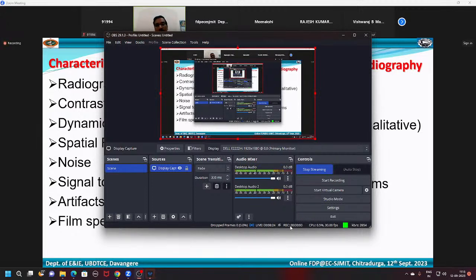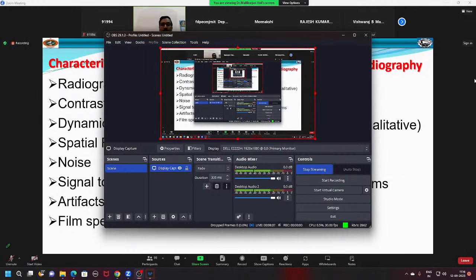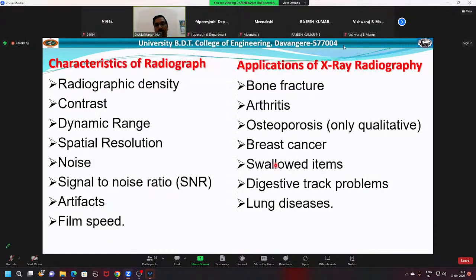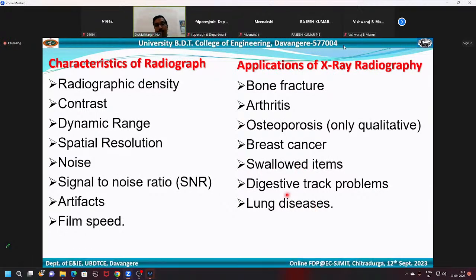Breast cancer detection is done using mammography. And as I said, swallowed items, particularly using fluoroscopy. Many times kids swallow things, and you are able to find out if there are any hard items the children have swallowed, and screen it. Also digestive tract problems, particularly any problem in the